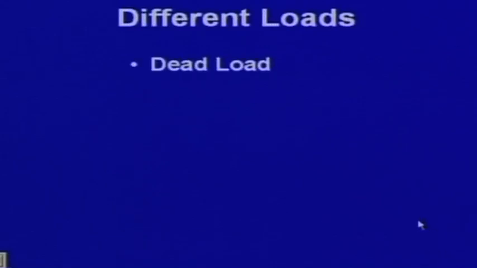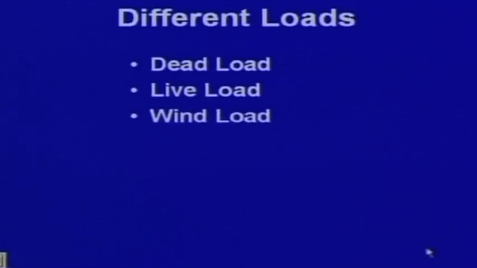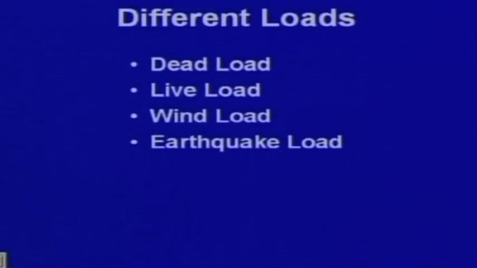So, what are the different loads? Just to summarize: dead load, live load that I have already told, wind load, earthquake load. There are many other loads that may come, but these are the 4 loads